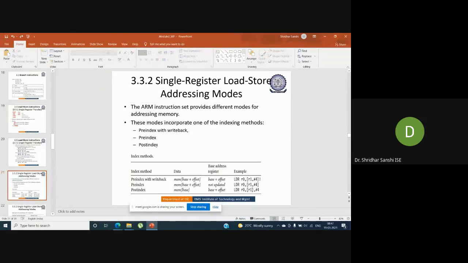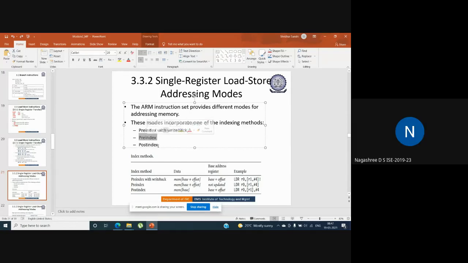Can anyone tell? In the first one, content of the base register will be updated. Yes, correct. With only pre-index, it will not update the base address.